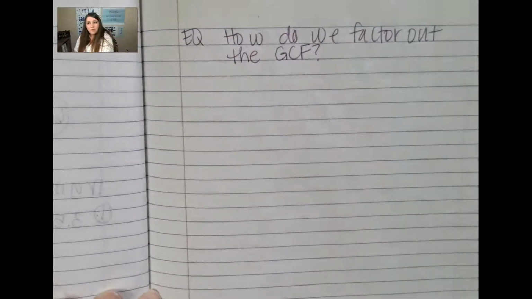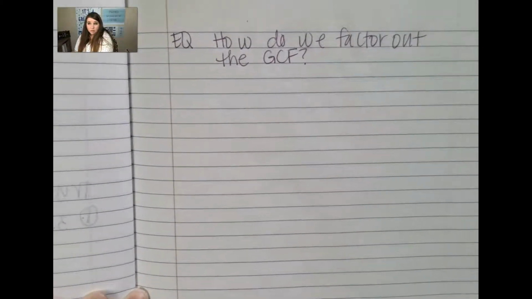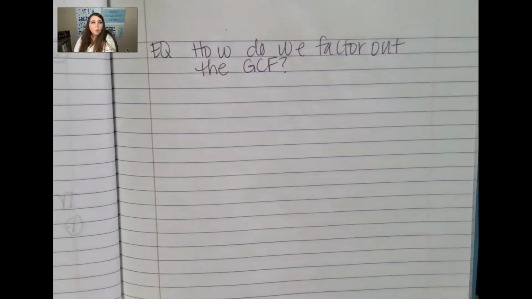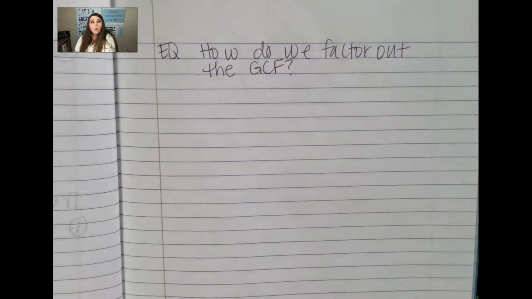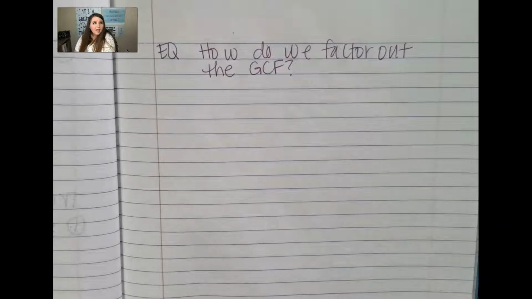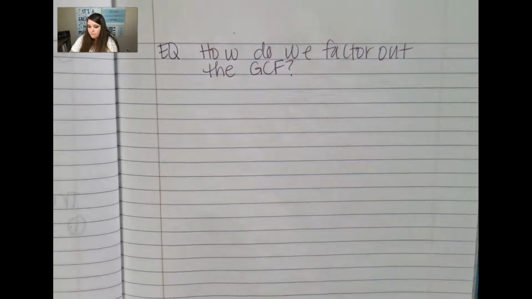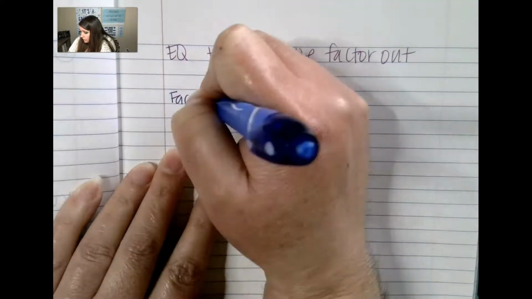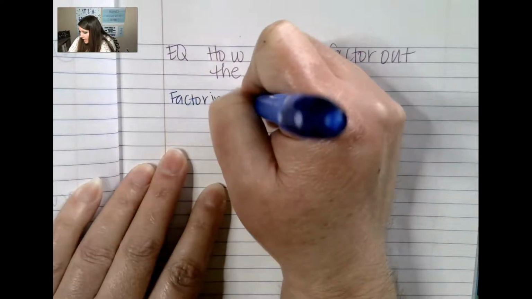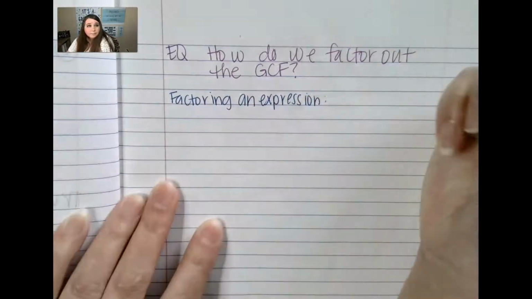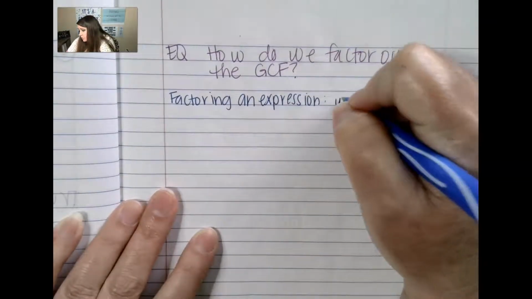Everyone. So today we are solving, or looking for the answer to, the essential question of how do we factor out the GCF, or the greatest common factor, when we have an algebraic expression. So looking at factoring, the word factor, or factor the expression, is going to be our vocabulary word today. Factoring an expression. So when we are factoring an expression, we are writing the expression